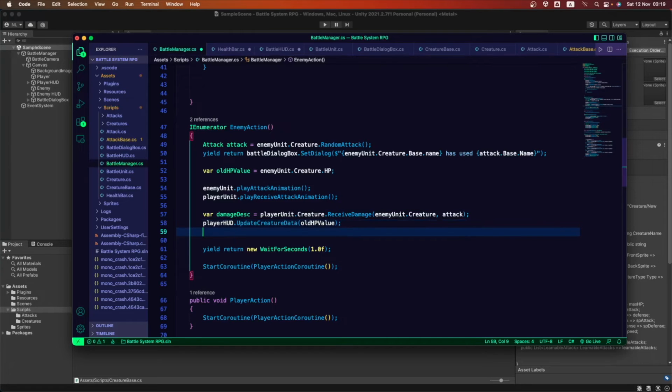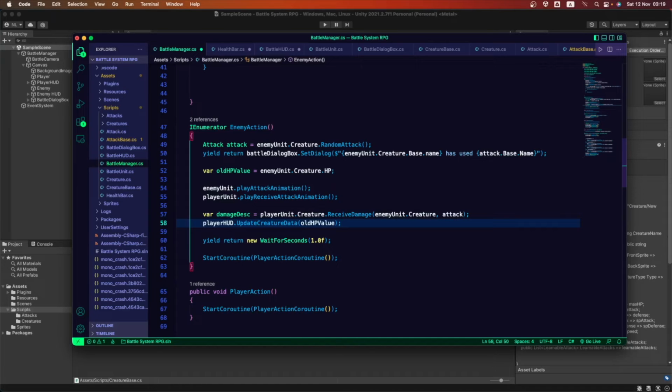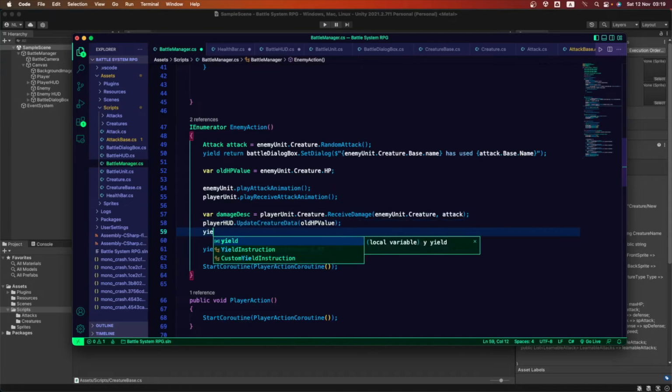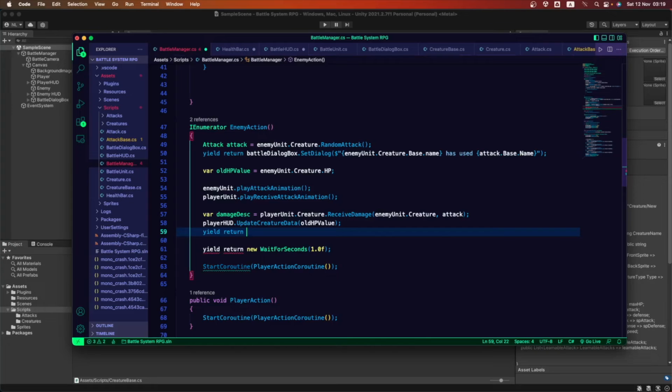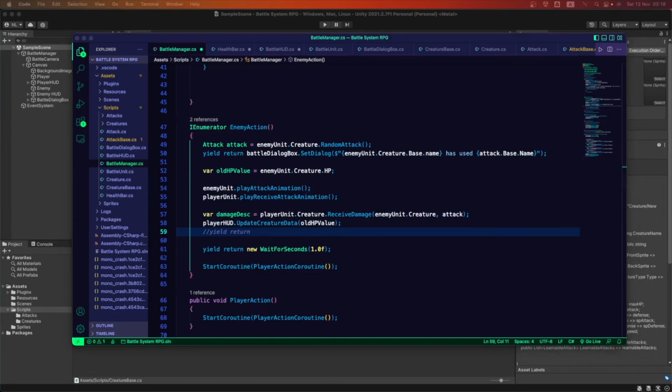Okay, and after that, we want to yield return, and we're gonna be creating a new coroutine here. So let me set this line to a comment for now before going into that. So we wanna set a new method, a conventional method, and this method is gonna be called show damage description.